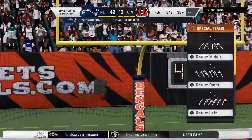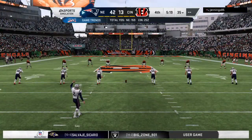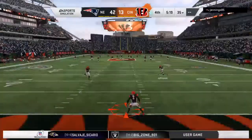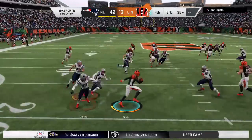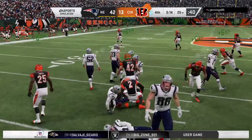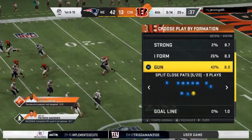Extra point by Gay is up and good. And the decision to just kick the extra point winds up successful. Following the touchdown, here's Gay to kick it away. This will be taken in at the 1. And not a bad return here. He gets it out to the 25-yard line. At their own 25-yard